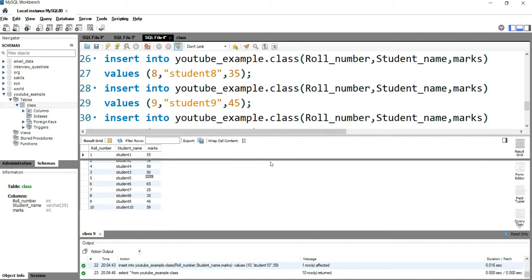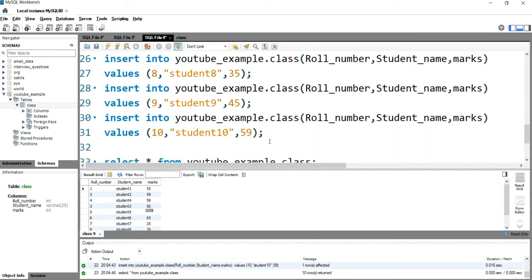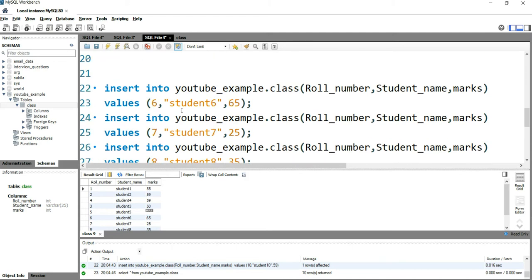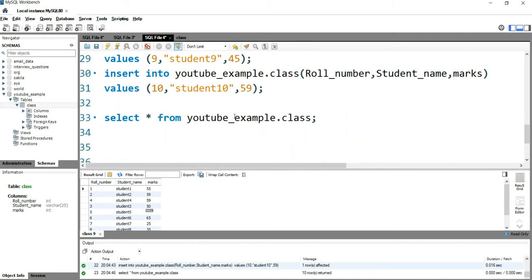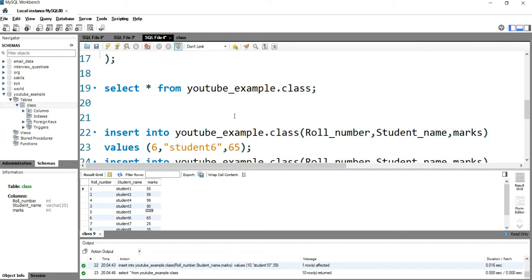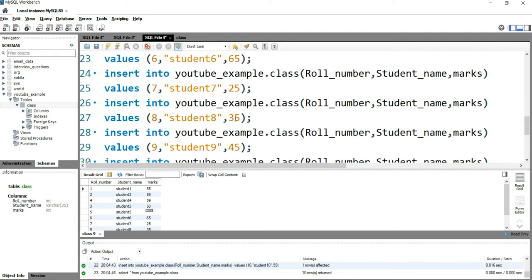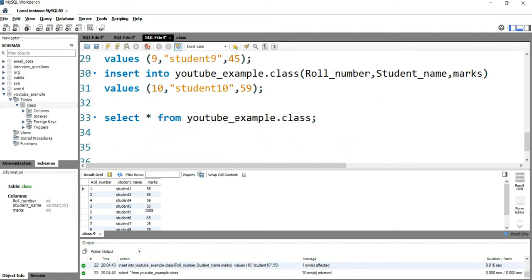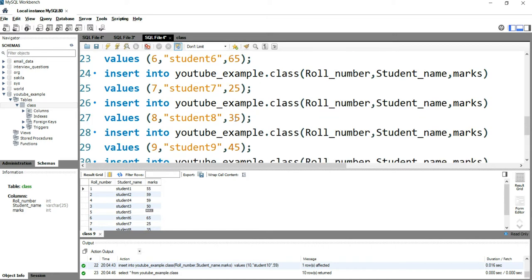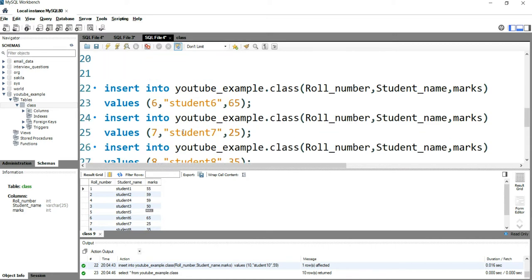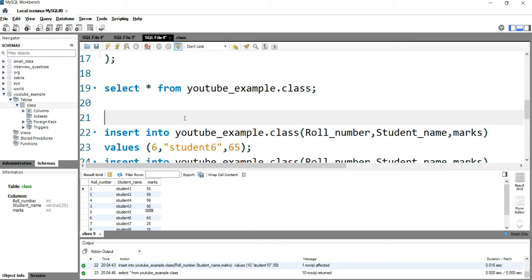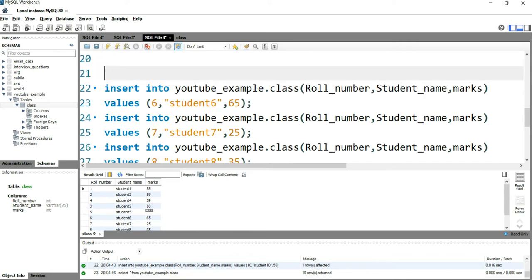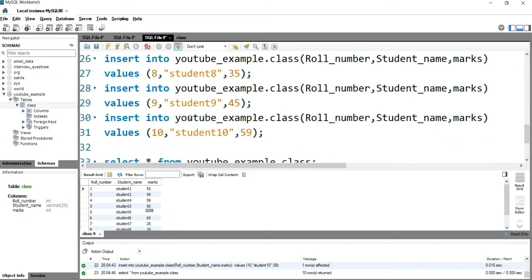So I had to do a lot of manual effort, going and writing down this query one by one, right? Now suppose you have the same example where you have to insert student records from roll number 11 till 15. Will you go and do this process again? The best way is to write a single insert statement and put all those student records in it. So let me show you how you can do this.